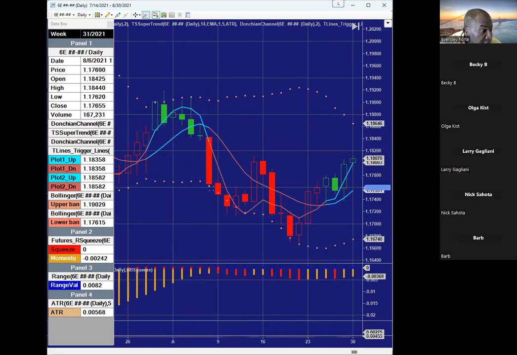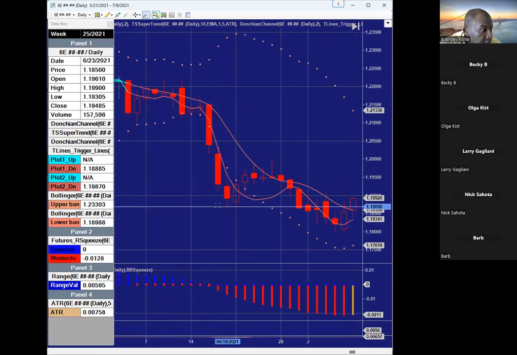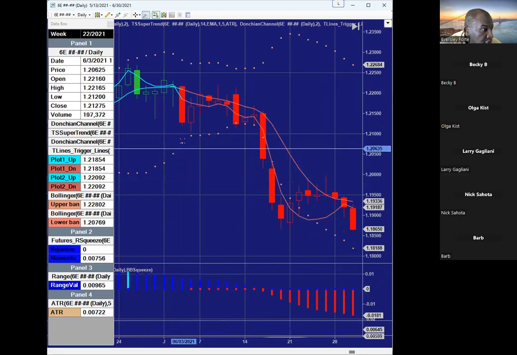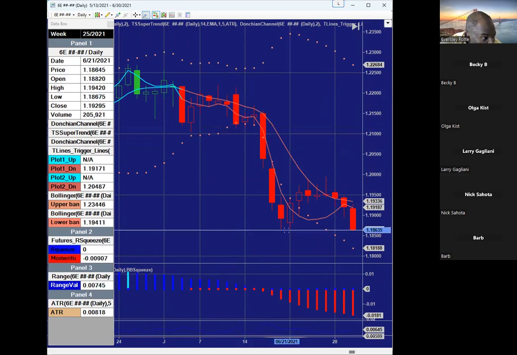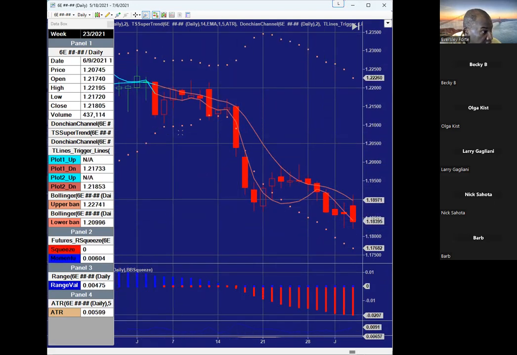Your stop loss is up here. This might have gone against you for a little bit, but your stop loss is up here. Good trade. Crossover. It's filled the next day, goes against you for a little over a week, and then drop. This is the killer trade right here. When you get a cross down, it goes against you for a couple of days, and then it just takes